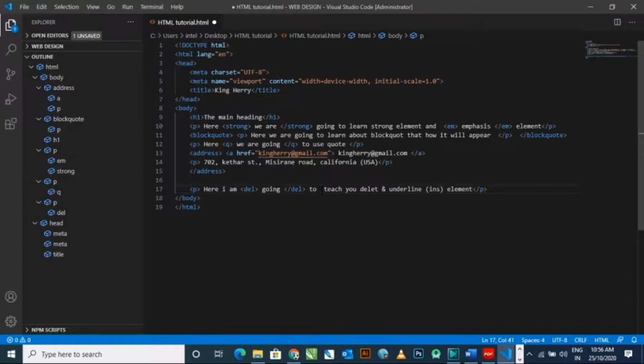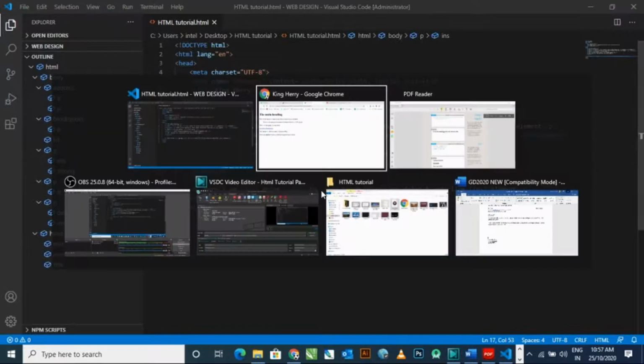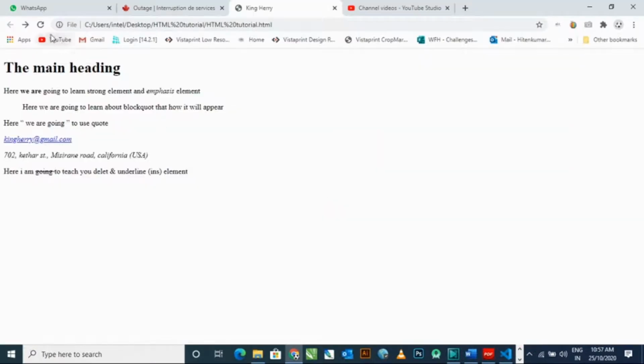Before this word I am putting the opening ins command, and after the word teach I am closing with slash ins. Control S and refreshing the page.